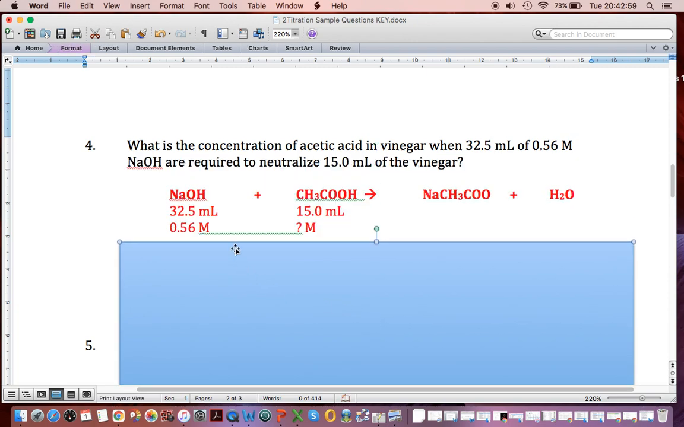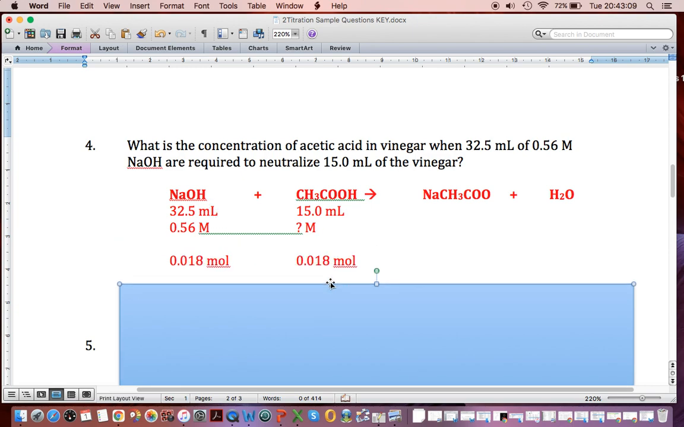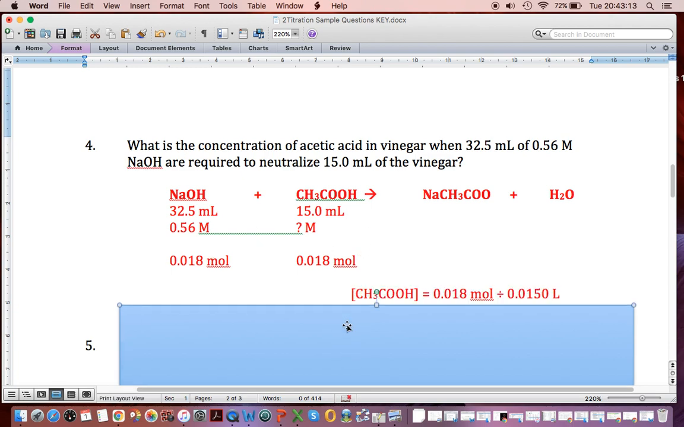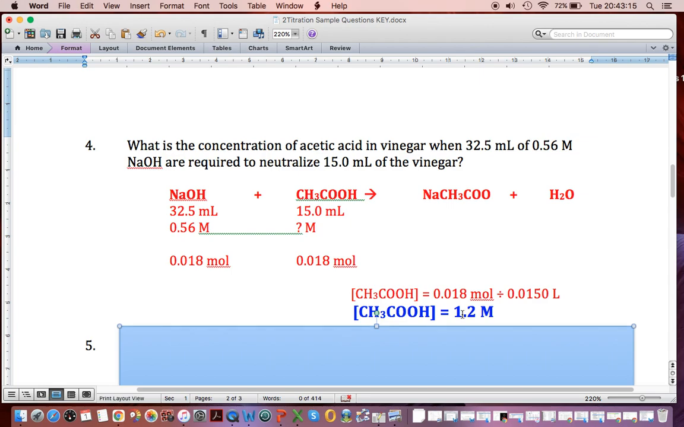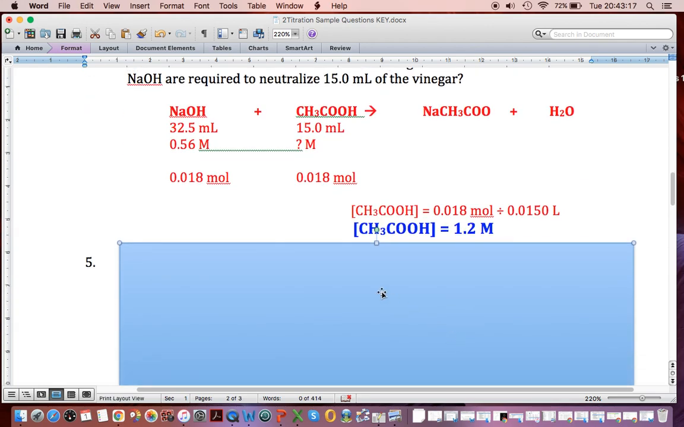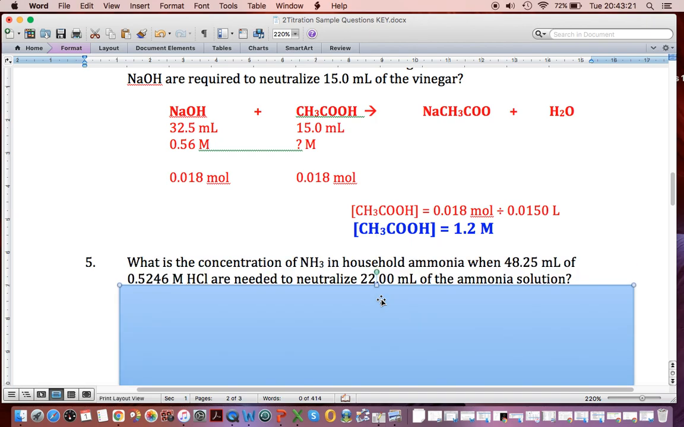So usual deal, we start with our equation, sodium hydroxide, there's acetic acid from vinegar, and we have volume and concentration of NaOH. And so once again, it's a one-to-one deal. So once we have our moles there, and we can divide by volume, we get 1.2 M. So very straightforward. And number 5,